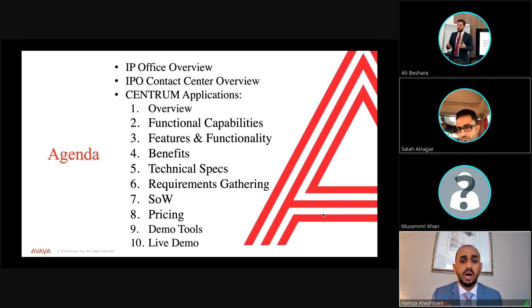So as a partner, you will only add your margin and sell to the customer. But in the end, the Avaya team will install and configure this application, and you will be with Avaya only managing the project. And we will talk about the pricing for every single Centrum application.